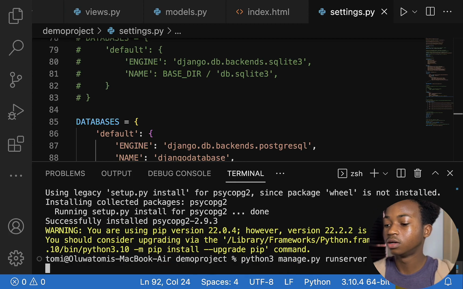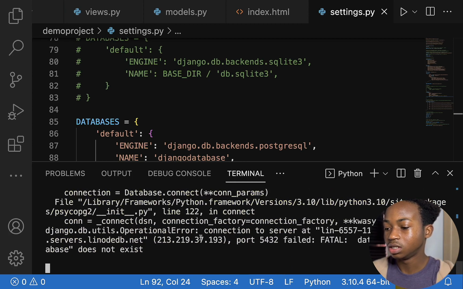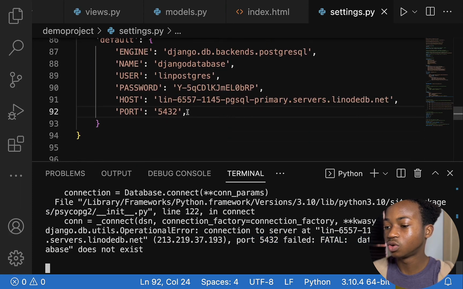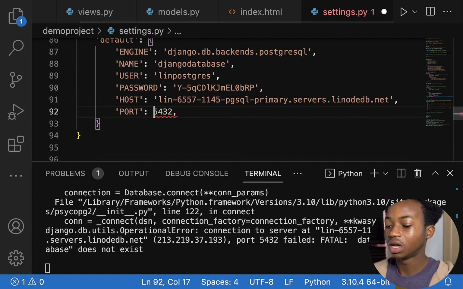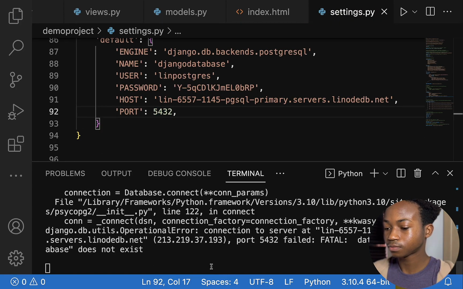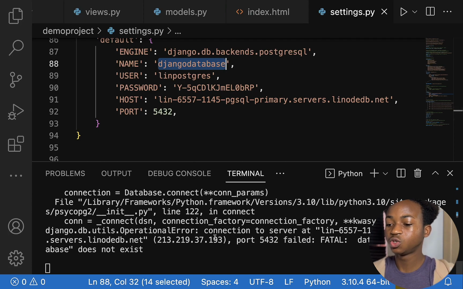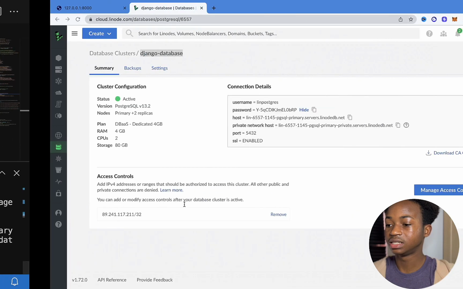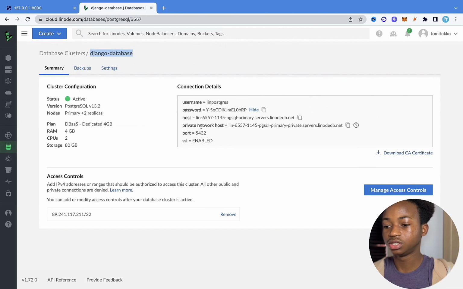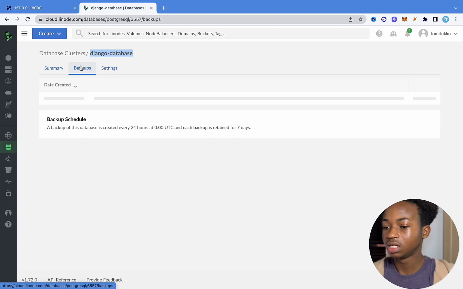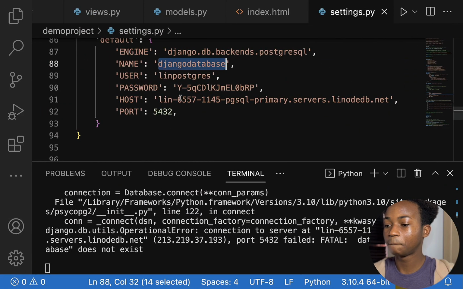So now let's try to run our server again. And as you can see, it says port 5432 fatal. So it says this doesn't exist. And what we just need to do is to come in here and remove that. And we need to save it. So it says port 5432 fatal Django database does not exist. The reason why is because we are trying to connect to a database that doesn't exist on this particular managed database. So what we can just do to actually take care of this is that we can come in here,